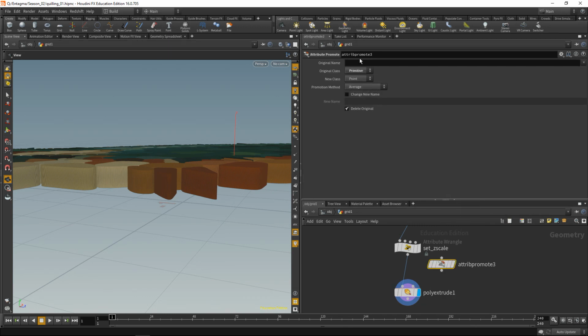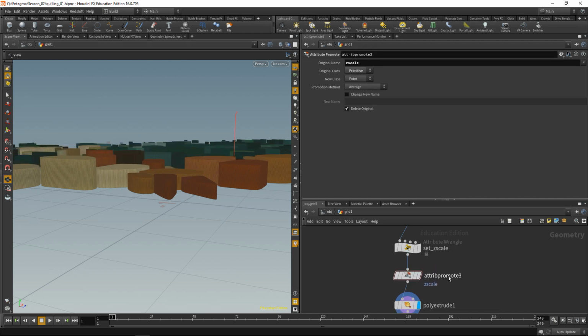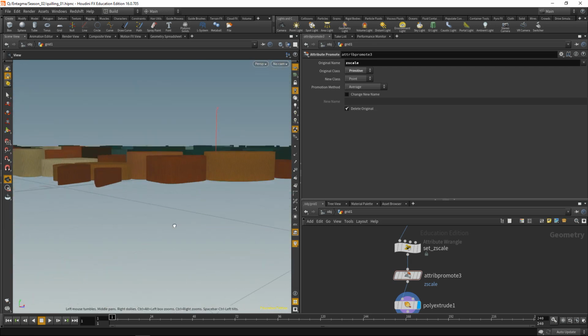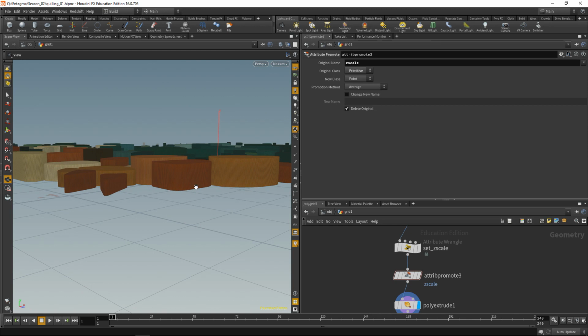So from primitive to point, z-scale, wire this in between here. And we can now see we have different extrusion heights. Next, what I want to do is move those center points of spirals a bit more upwards and add a bit of randomness to that, because that gives it really that organic look that reminds us of the handmade nature